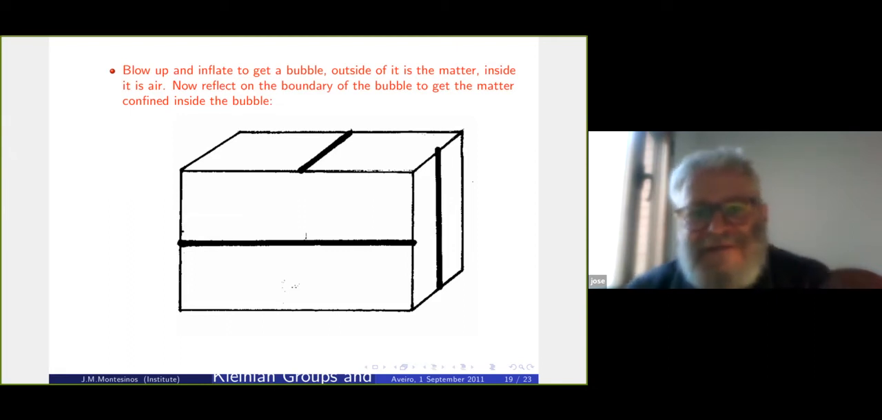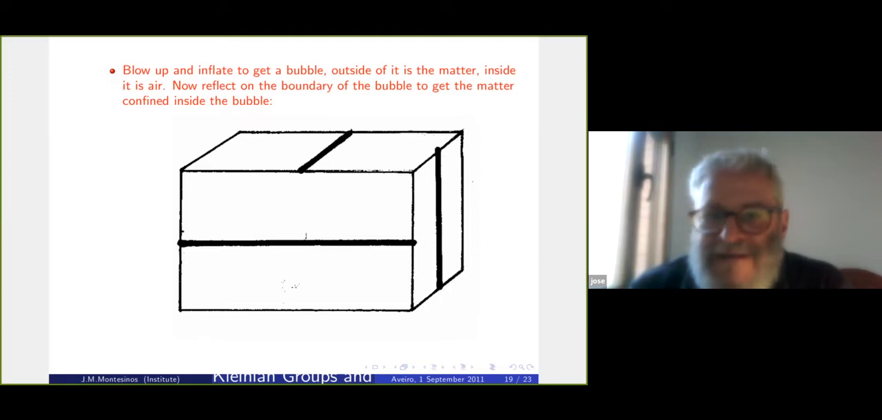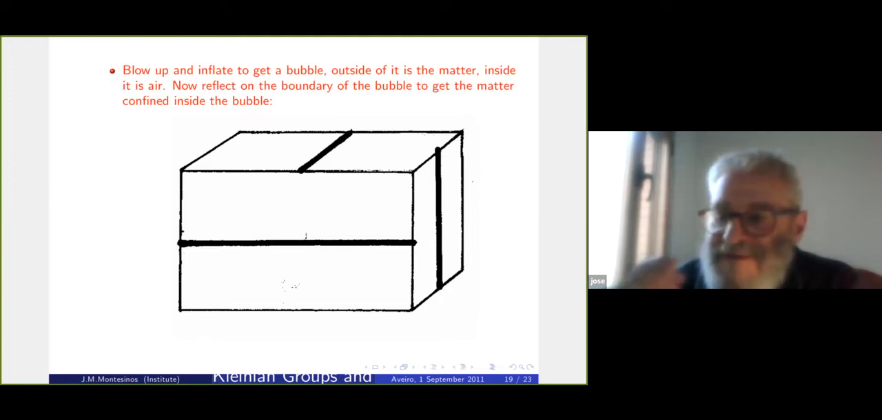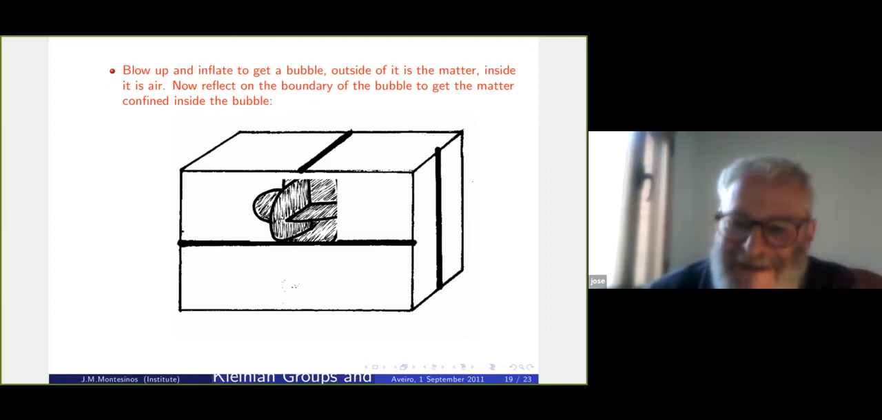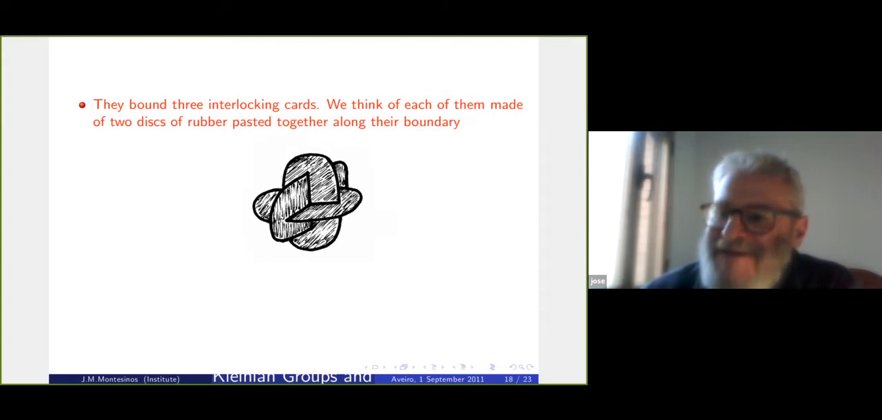Now, so you blow up and inflate to get a bubble, outside of it is the matter, and inside is air. And now reflect the boundary of the bubble to get the matter inside the bubble and the air outside. Now you have, I say again, take the 3 interlocking cards, which are made of rubber, and then you blow air, and then